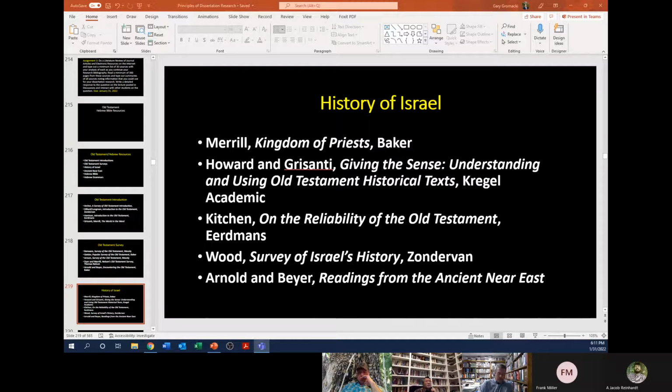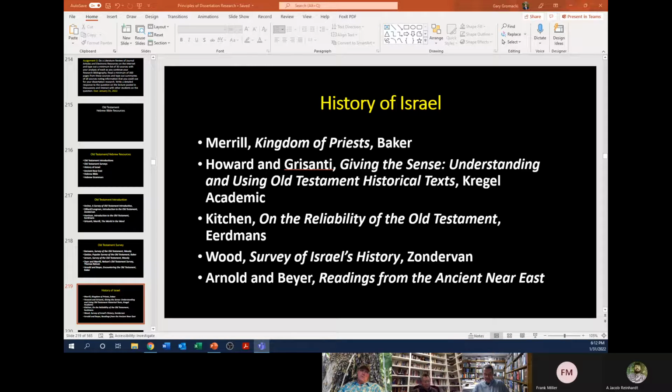at the master's level. And then this is one by Howard and Grisanti, Giving the Sense: Understanding and Using Old Testament Historical Texts. They are the editors. So if you're dealing with Old Testament survey and/or Israel's history, here are some of the titles: History as History, The Search for Meaning; History or Story, Literary Dimensions and Narrative Texts; Archaeology and Biblical History, that's